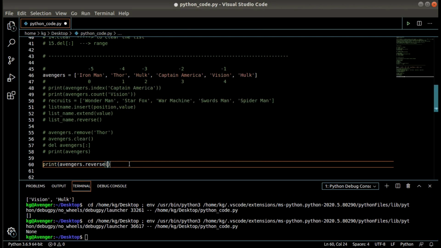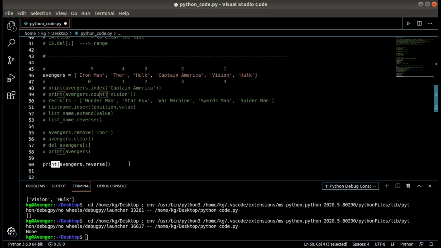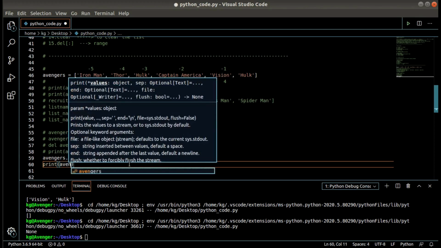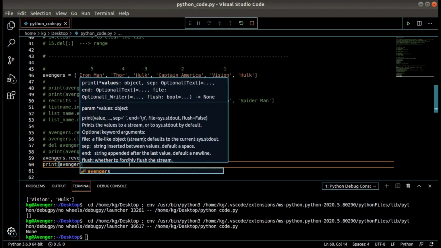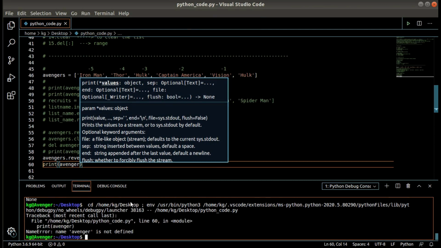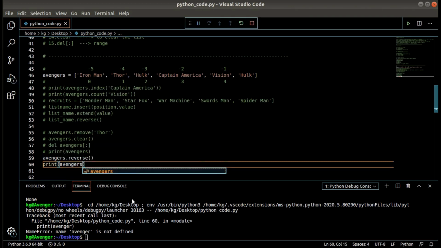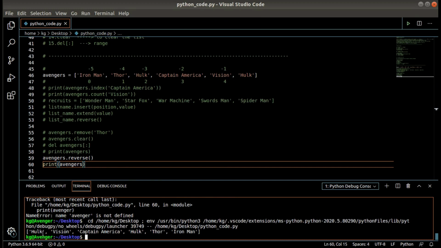What is happening over here is that it is reversing the list in place, and I have to print the whole list here, Avengers. Okay, sorry, Avengers. Yes, see, Hulk, Vision, Captain America, Hulk, Thor and Iron Man in the reverse order.